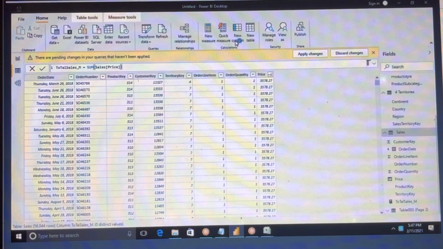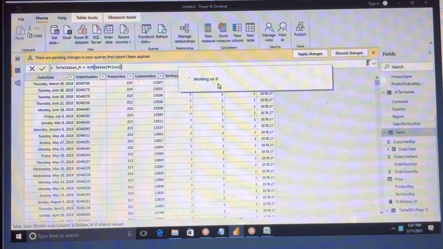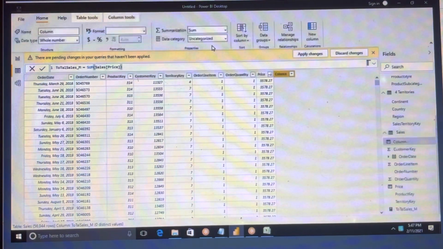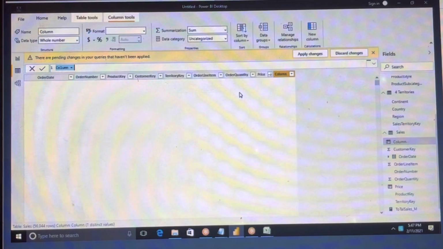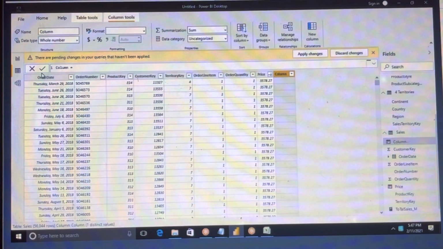Once you click the new column, now observe here, what is the difference between new measure and column? Let me do total sales underscore C. I'm giving this as a new column.